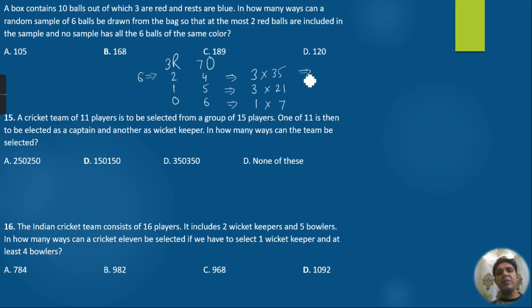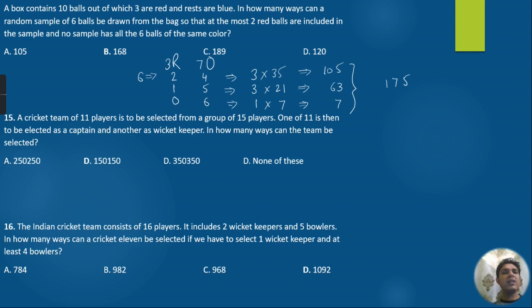If we further put the values, 3 5s are 15, 5 carry 1, 3 3s are 9 plus 1 is 10. 3 1s are 3, 3 2s are 6. Thereafter this will be 7, right? And if we add the things, this will be 1575 plus 1, 7 6 plus 1 is 7, and this is 1. So the answer we are getting is 175. I guess there is some mistake. Let us check once again.